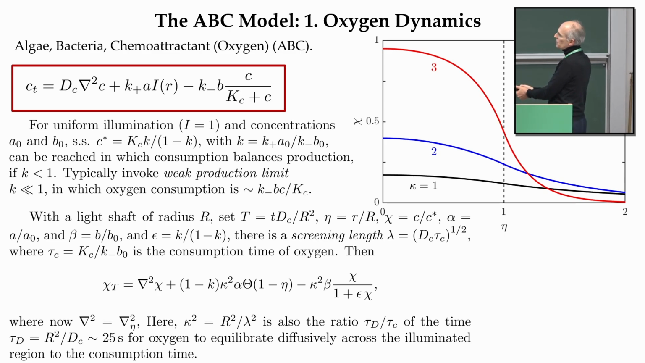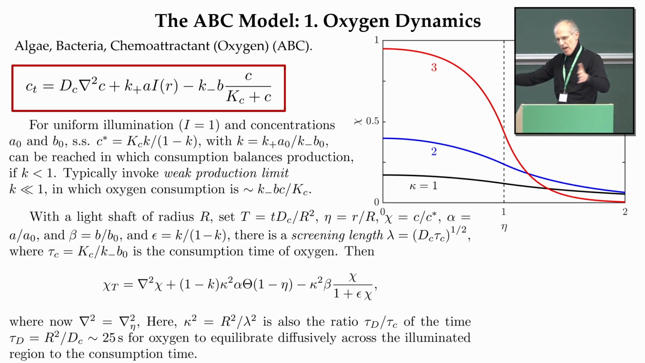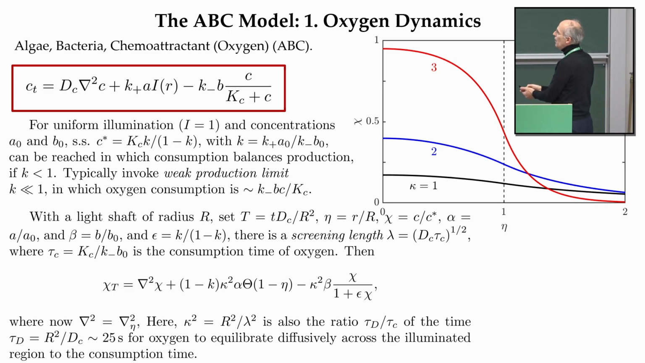So how would the oxygen concentration evolve? Well, there's some oxygen diffusion constant, D sub C, depending upon some illumination pattern as a function of space, I of R, which in our case is a shaft, a top hat profile. There'll be some production of oxygen from the algae at some rate K+, and there'll be consumption of oxygen by the bacteria at a rate which,